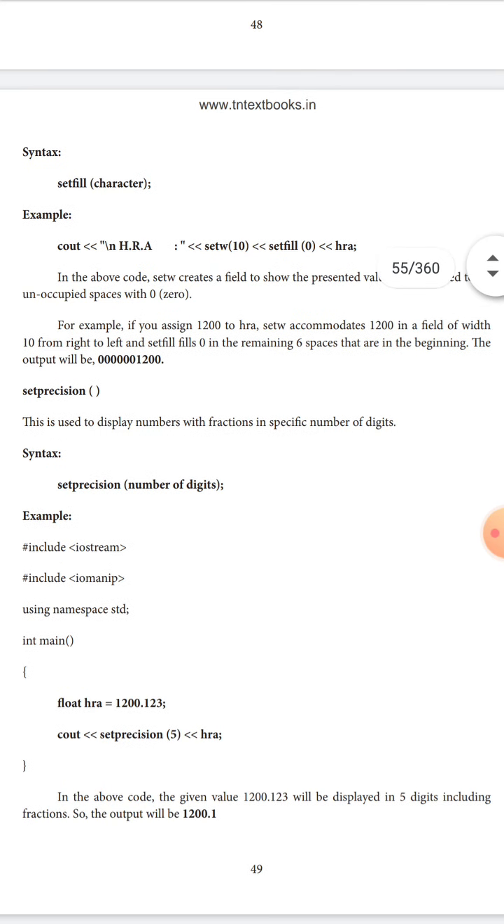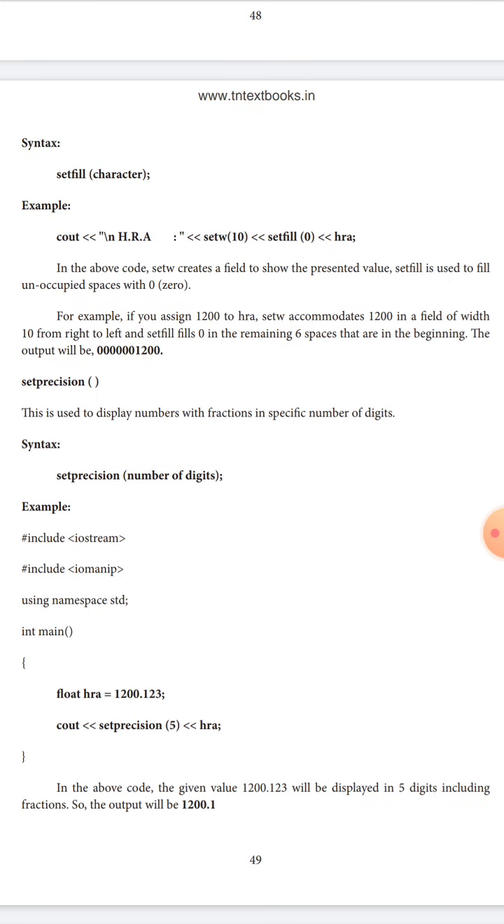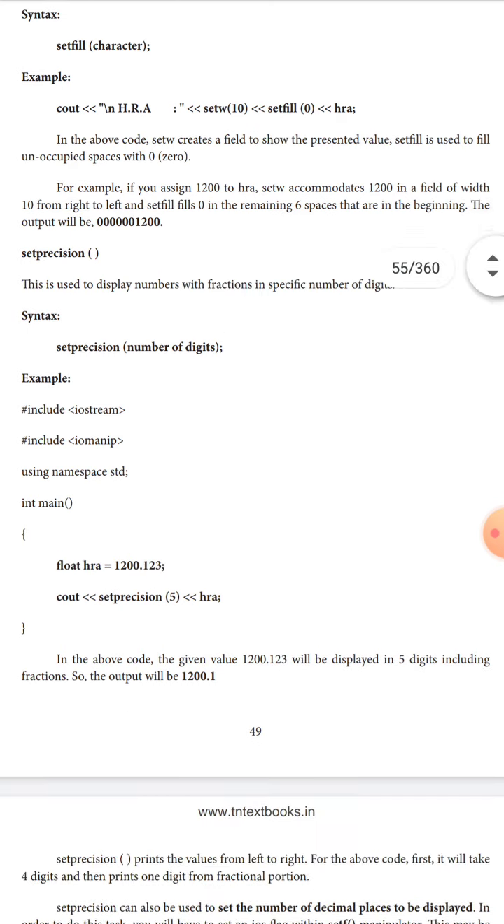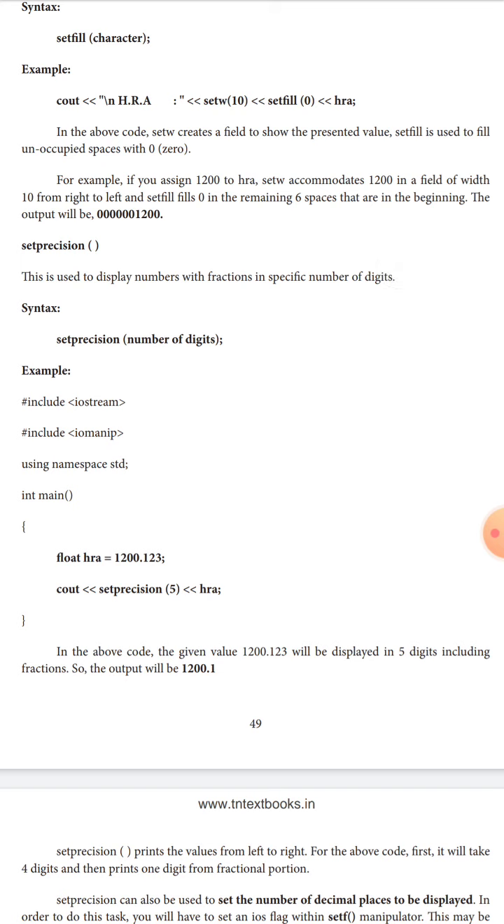Here an example they gave: include iostream, include iomanip. Already I said we are using setfill, setw, setprecision, setf, meaning we use the header file, which is include iomanip. Then only they are able to work with the manipulation operations in your program. So here another float HRA, what will it be